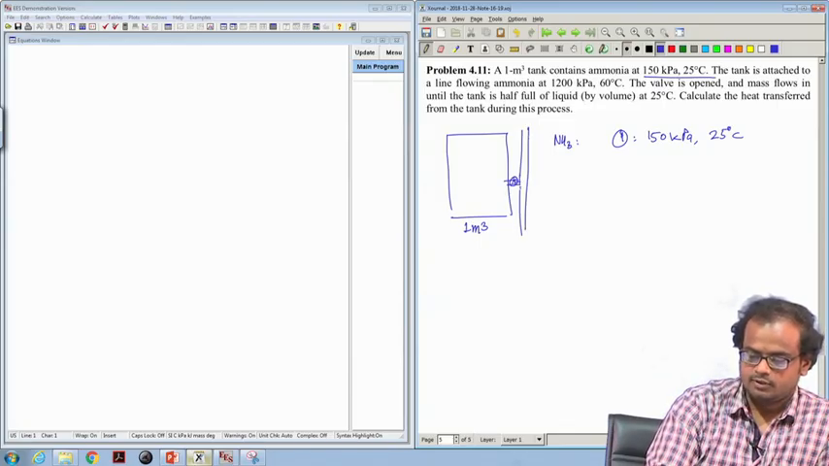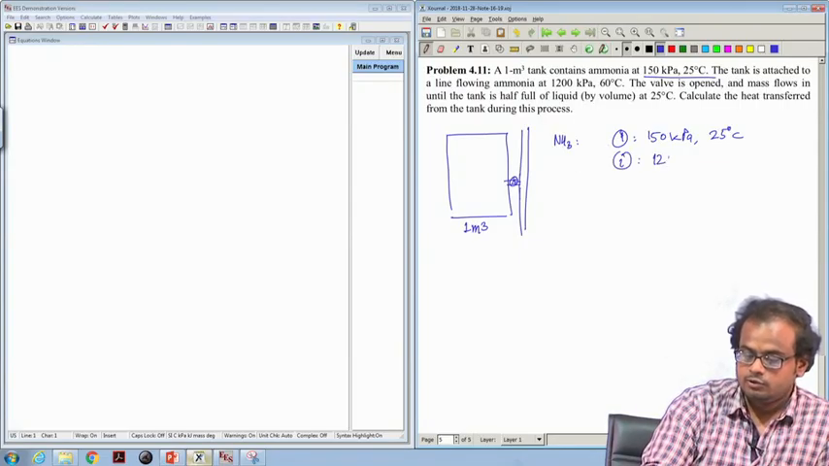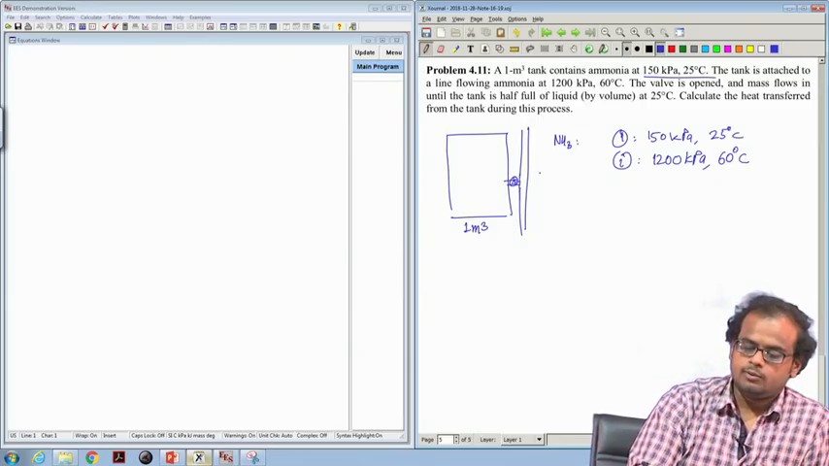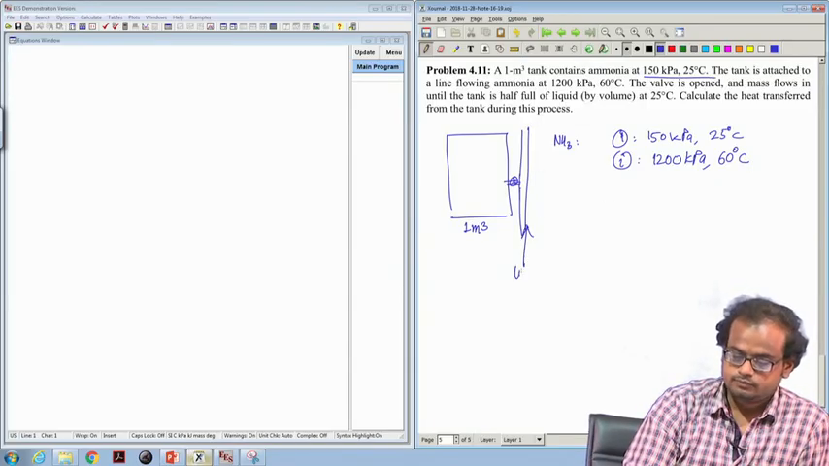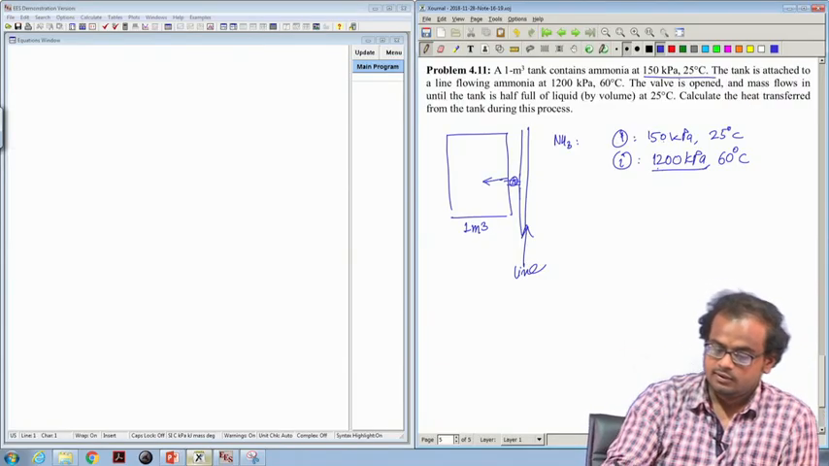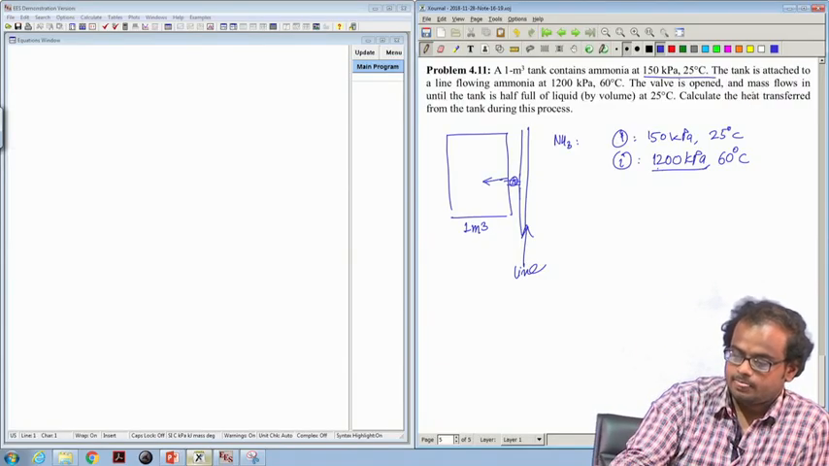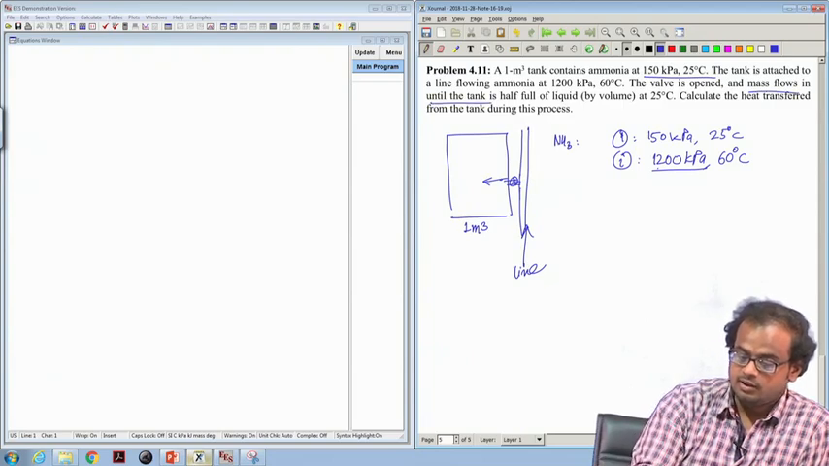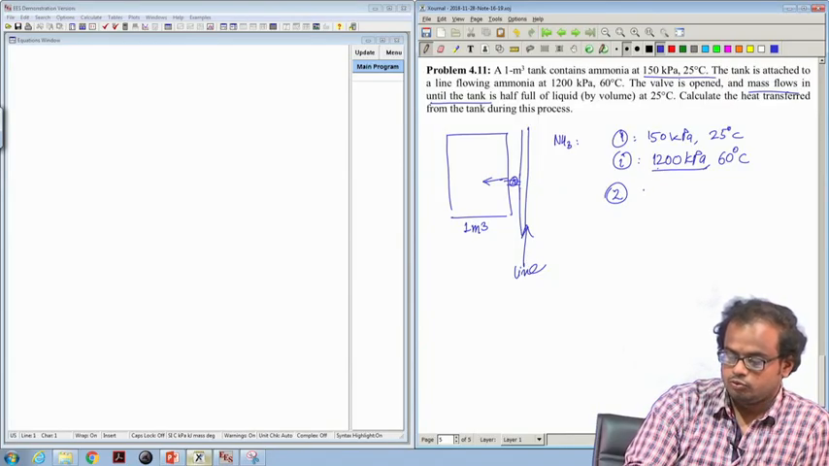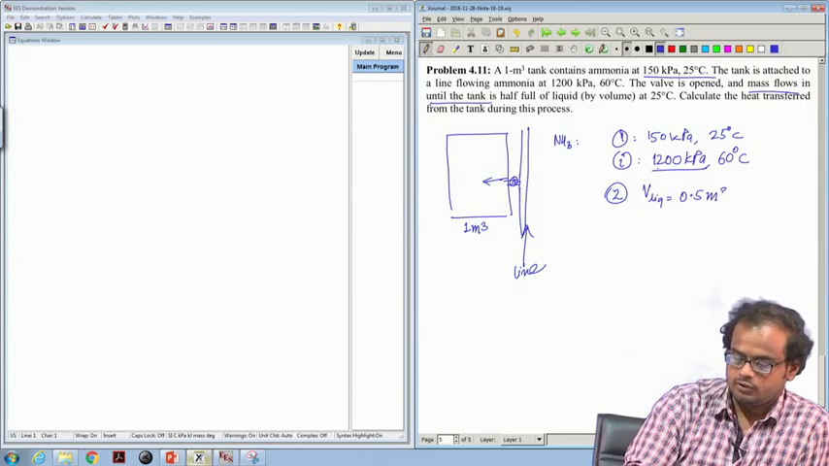Let us put a valve over here. The line pressure is given as 1200 kPa at 60 degrees Celsius. So, ammonia flows from the line to the tank because the pressure in the line exceeds that of the tank. Once the valve is opened, mass flows into the tank until half of the tank is filled with liquid ammonia. So, at state 2, the volume of liquid is equal to 0.5 meter cube,